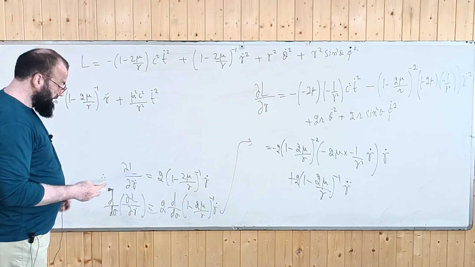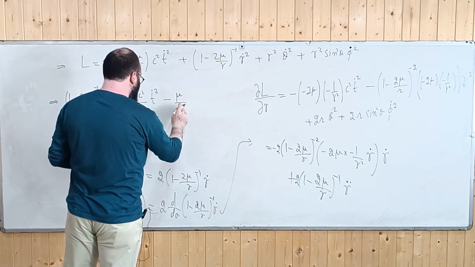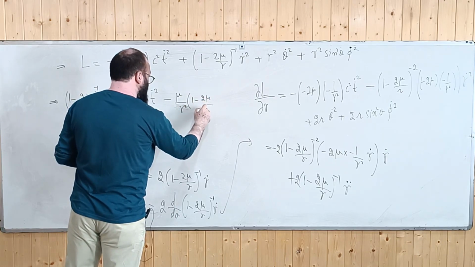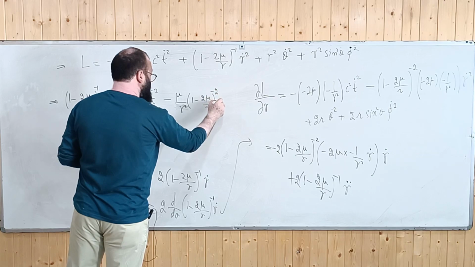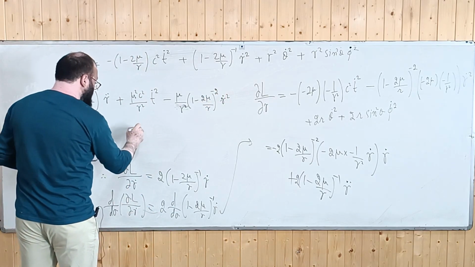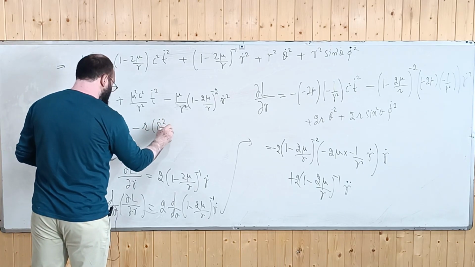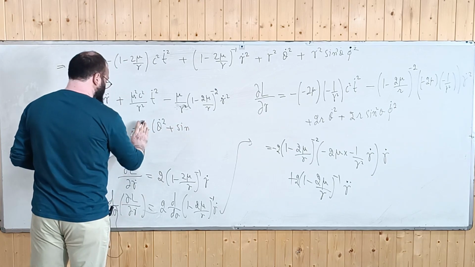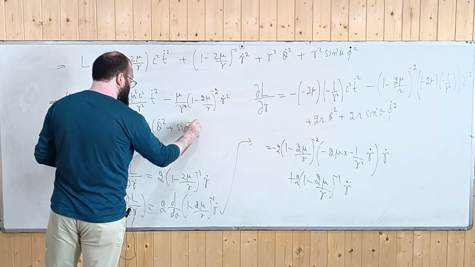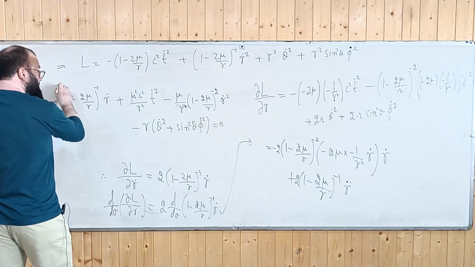Then you are having minus μ/r² (1 minus 2μ/r)^(-2) r dot squared, then minus r (theta dot squared plus sine squared theta phi dot squared) is equal to 0. So call this as